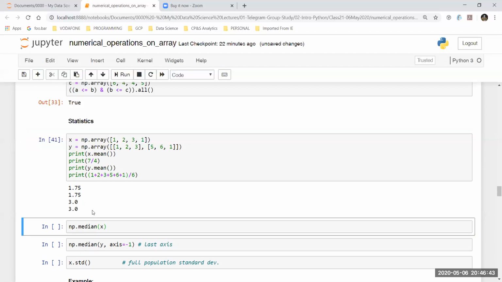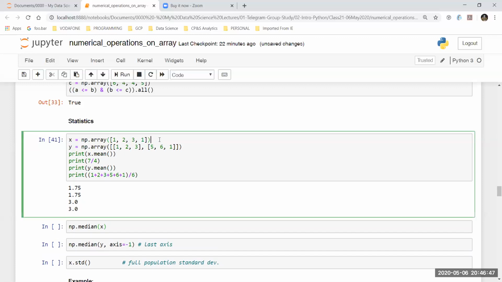As you can see, irrespective of whether it is a 1D array, which is the case with x, or a multidimensional array, which is the case with y, dot mean is simply going to take all of the items which are there and divide by the number of items. So that's all the mean is.